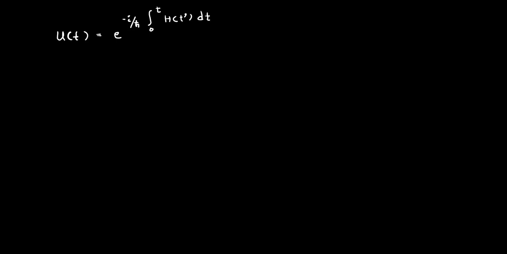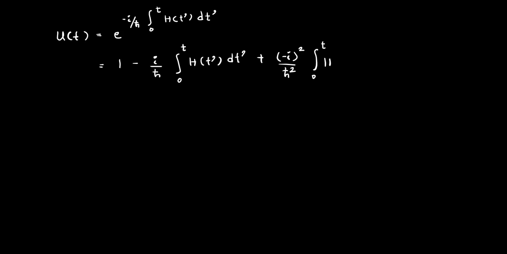So what is the fundamental problem? Let's do the Taylor expansion. It looks like 1 minus i by h cross, integration from 0 to t, dt prime. So this is the first term. And then the second term, which is actually the term that creates the fundamental issue, looks like this: integration from 0 to t, you have H of t1, H of t2,